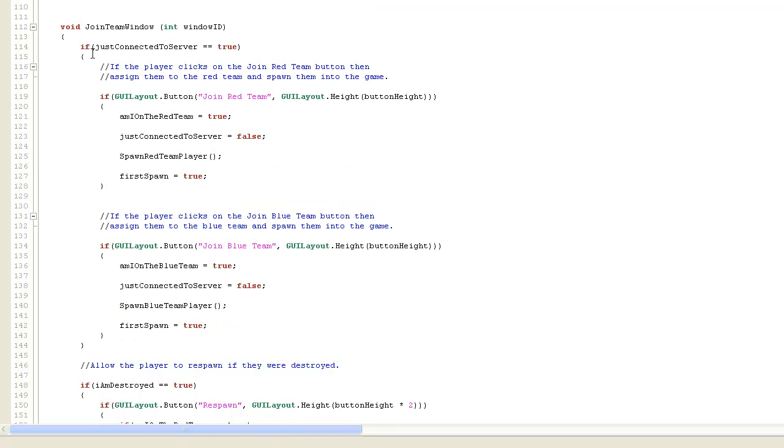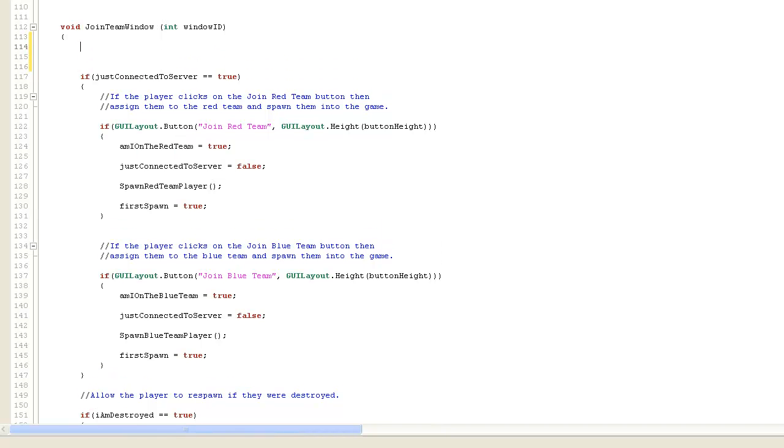And at the moment it says if just connected to server is true, then we'll run this code inside the join team window function. Now I'm going to edit that. I'll first put in a new comment up here that only show these two buttons, join the red team and join the blue team, when the player has just connected to the server